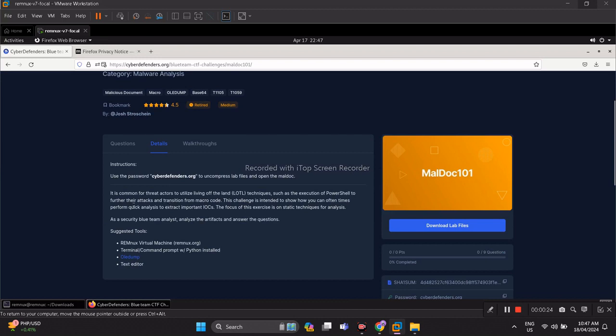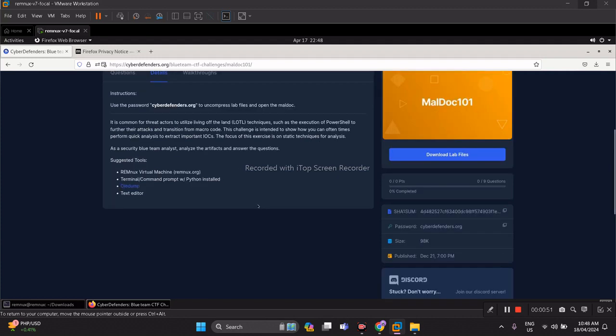It's common for threat actors to utilize living off the land techniques (LOTL), such as execution of PowerShell, to further their attacks and transition from macro code. This challenge is intended to show you how you can oftentimes perform quick analysis to extract important IOCs. So this will be a static analysis, and the suggested tools